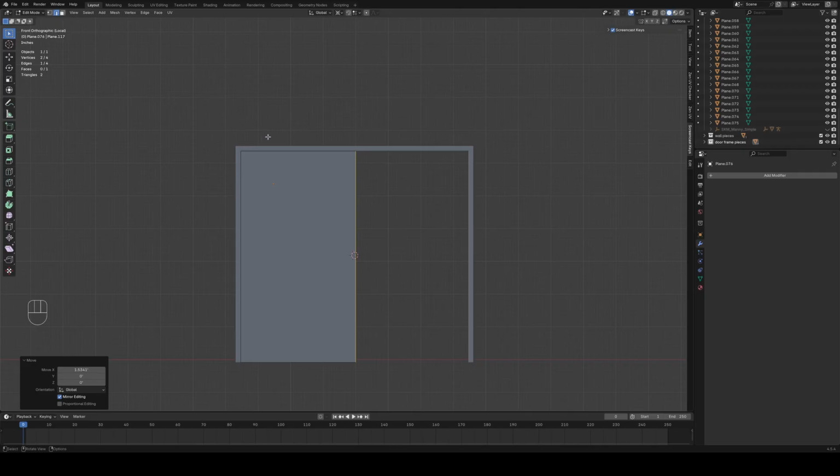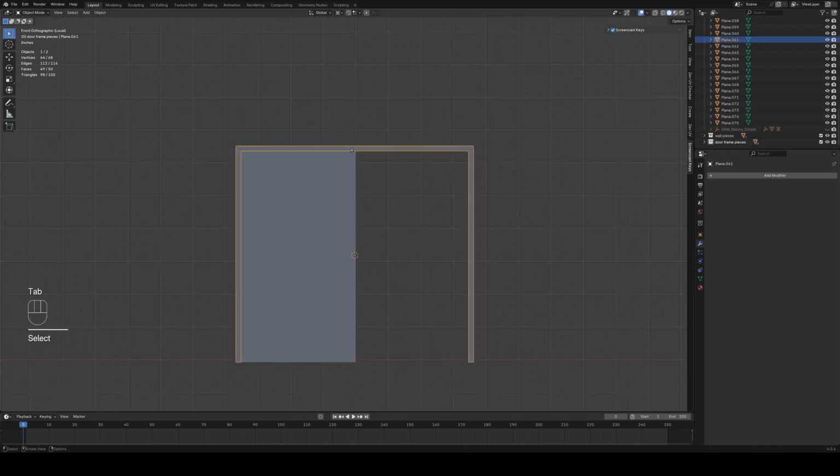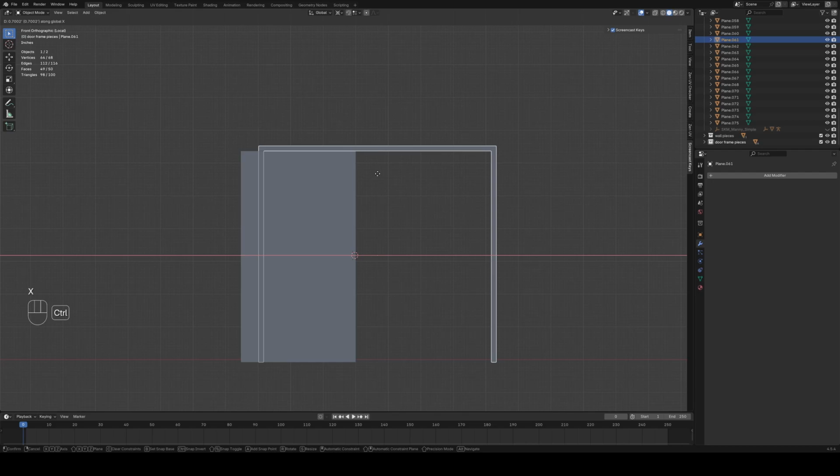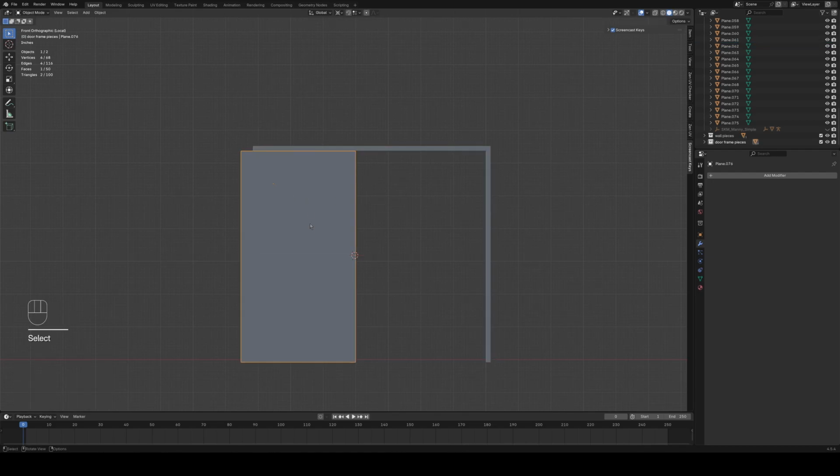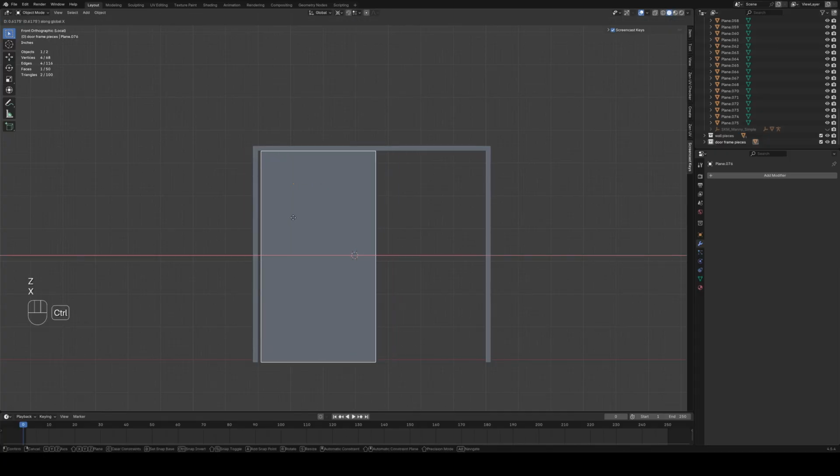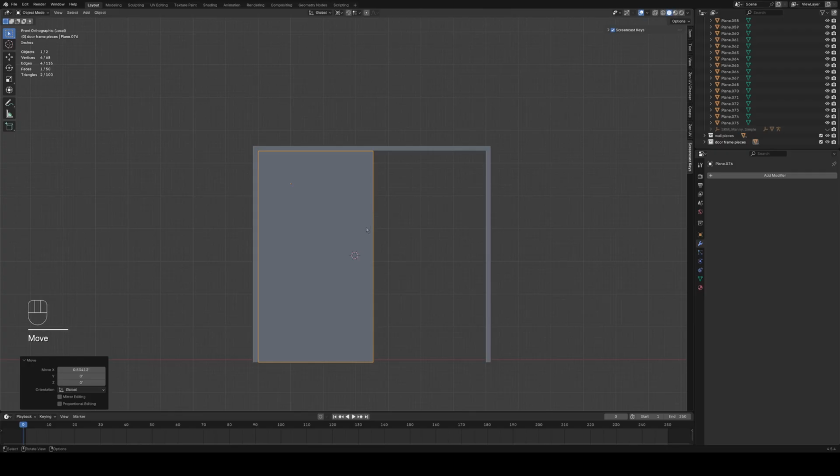Let's see. You know what? I have an idea, an idea that's probably going to make this easier on me. Let's just move this over until it is even with that. I'm going to move this over. Now it's going to be thrown off when it comes to the wall and everything, but I'm not going to